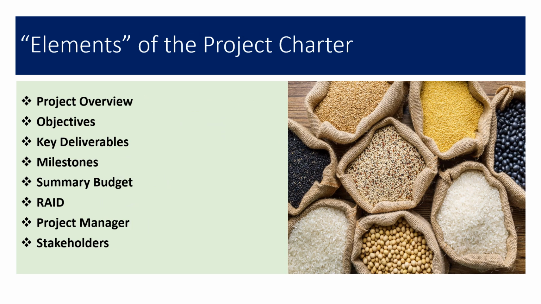Now, what are the elements of the project charter? What should we include inside a project charter document? It varies from project to project, but on a very high level, these are some of the key elements. The very first thing is the overview of the project: what exactly the project is, what its objectives are, and what we are trying to achieve by implementing it. Then the key deliverables, key milestones, important dates for proper releases, and the high-level budget that has been allocated. Then RAID: the risks initially identified in this project,